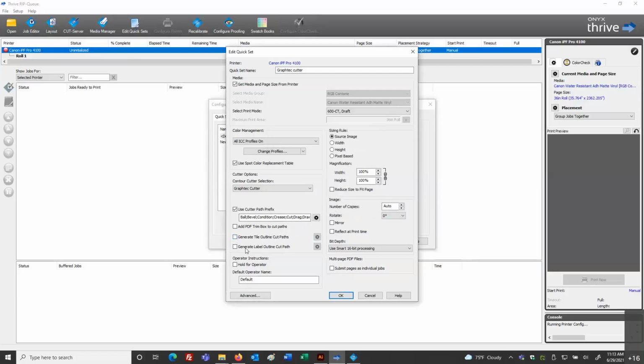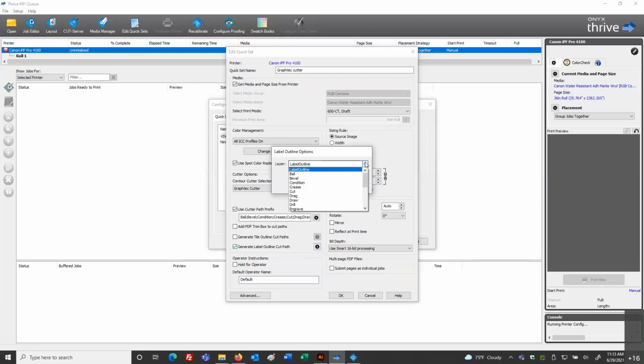All right, and now our third choice, which is new in 21.1, is generate label outline cut path. So if we are using a label, it's going to automatically generate a cut path around that. If I look at the gear for optional choices here, we're only identifying what the cut path layer will be, and this will be shown in Cut Server.